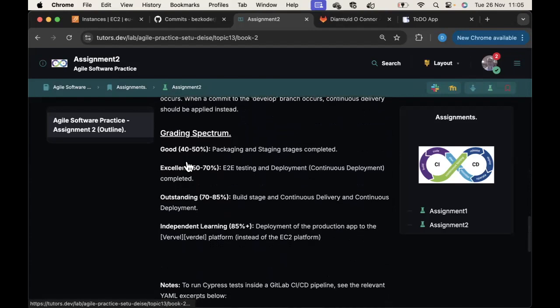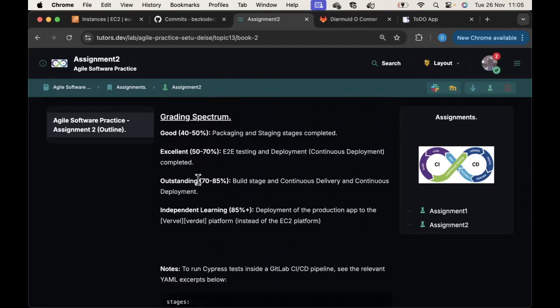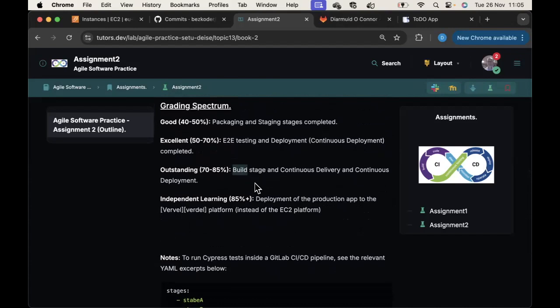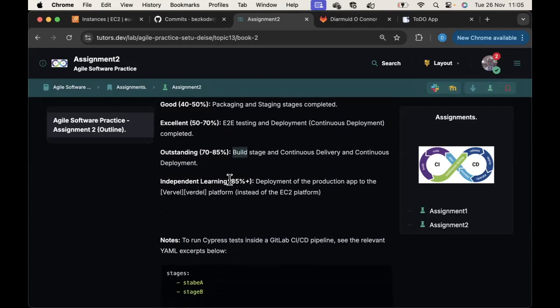Okay, the grading spectrum: if you get packaging and staging working, you're in the 40 to 50 bracket. If you get the E2E testing working, you're in this 50 to 70 bracket. 70 to 85 is if you get the build stage and all of the deployment stage working. And if you're aiming for higher than that again,